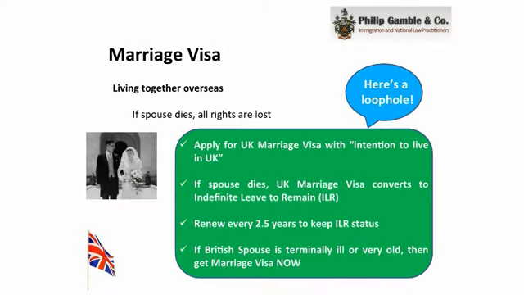Now, unlike the old rights that were given by operation of law, those that are married to British citizens overseas now will find that in the event that the British spouse passes away, those rights will be lost. Unlike the previous provisions where the rights were simply given by operation of law and stayed with the person for life. We therefore have a situation where if migration to the UK is sought by those that are married to UK citizens, and we find that the British spouse is either old or perhaps ill, there might be a question as to how soon that visa is applied for.